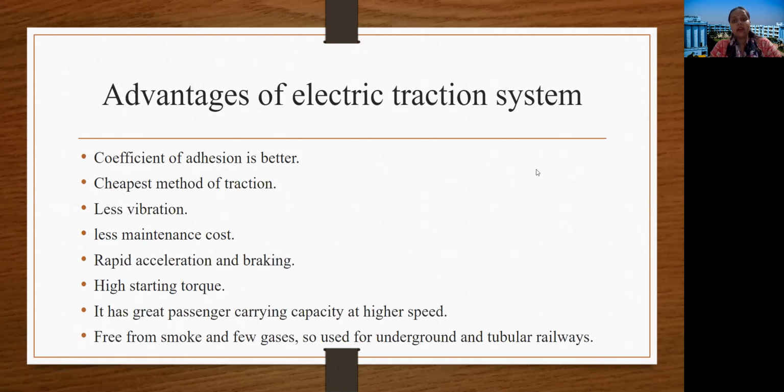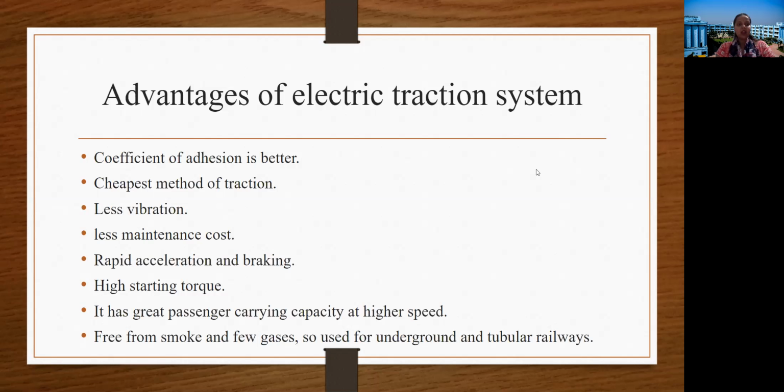Now, what are the advantages of electric traction system? Why should we opt for electric traction system? Coefficient of adhesion is better. What is coefficient of adhesion? We will study later in our train movement part, mechanism of train movement part. Okay. So just keep in mind, for advantages of electric traction, that coefficient of adhesion